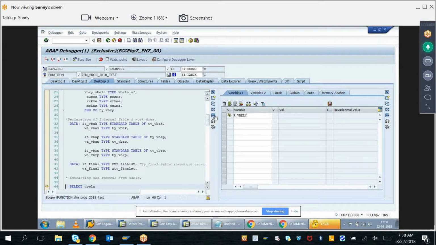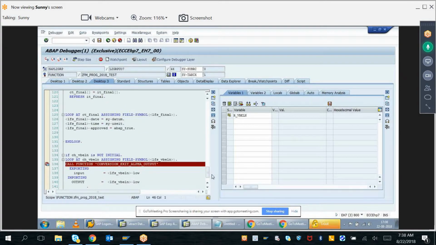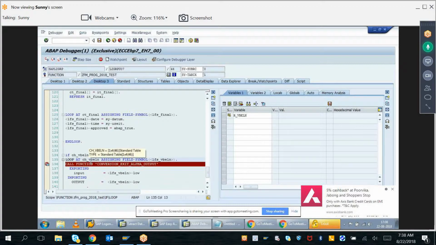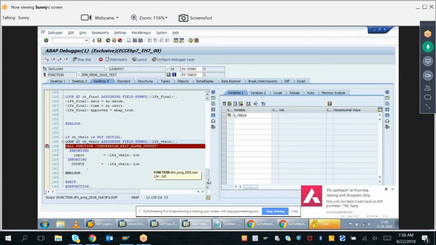now this will not get executed, forget about it. What is CH WebLAN? It is nothing but an internal table, because it is a range value. I'm looping each record and trying to update its low value by calling the function module conversion exit alpha output. What does this function module do? It will remove all the leading zeros before the numeric digits start. We have already seen this. So I am looping the internal table. Where does the value lie? The value lies in the field called